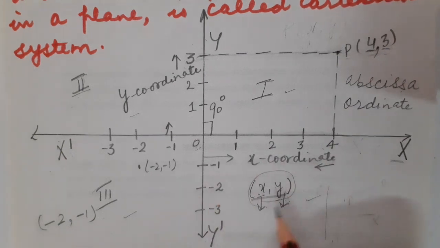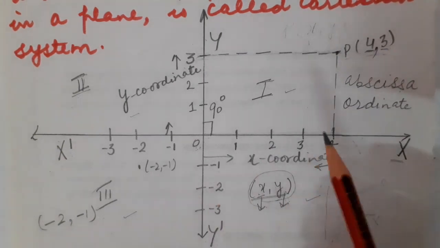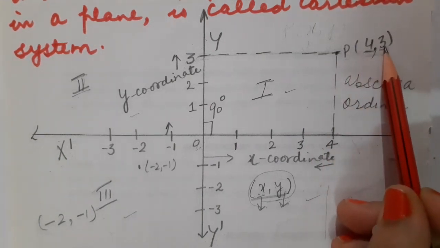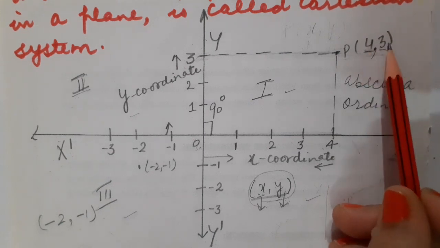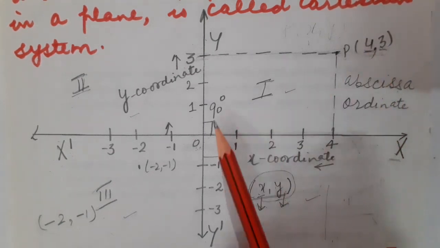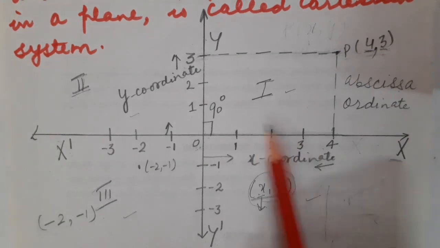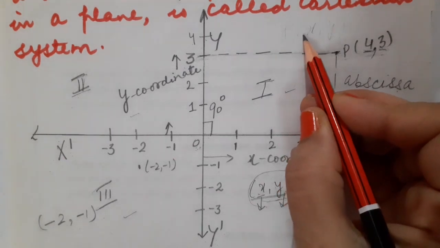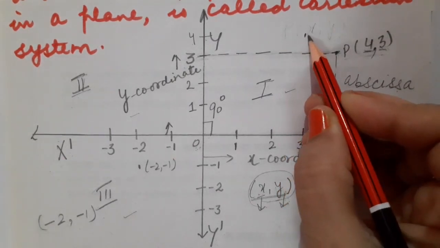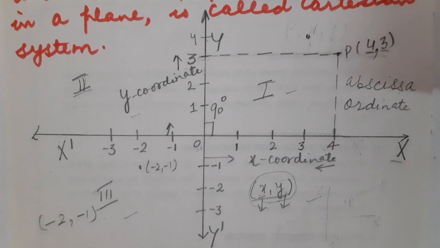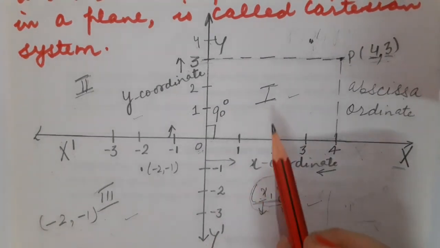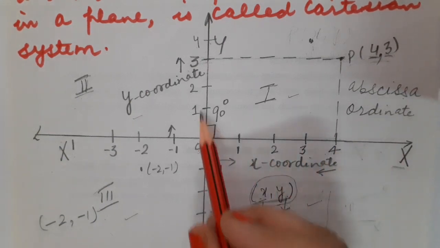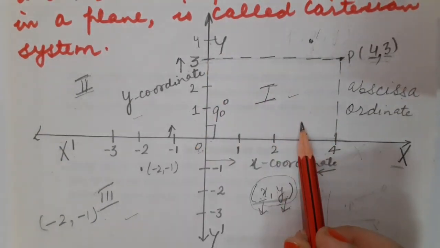Of course, in that very case, the plotting of the point will also be changed. For example, if I change them, at the place of abscissa I bring 3 and at the place of ordinate I take 4. So definitely I have to take 3 here and 4 will go somewhere up. Okay, then the position of the point will be changed. It may be approximately over here. Correct, students? Okay. And children, in first quadrant, always remember that the sign of x coordinate and y coordinate both will be positive. Here you can see.